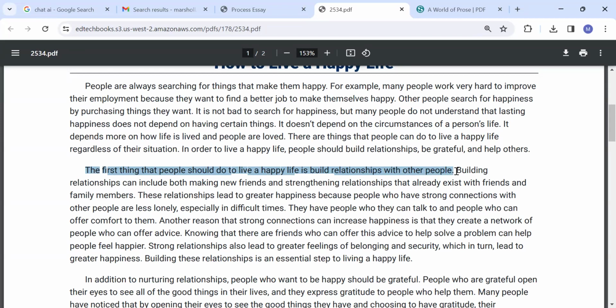Secondly, we're going to start with our definition or contextualization or clarification, same way. What is building relationships? If you never knew what building relationships is, well, here it is. Building relationships can include both making new friends and strengthening relationships that already exist with friends and family members. These relationships lead to greater happiness because, so this sentence now is actually going into